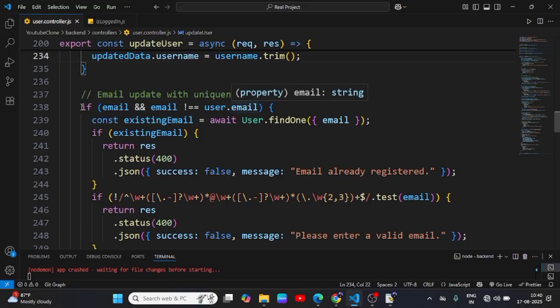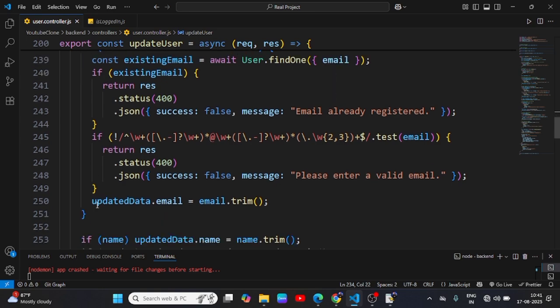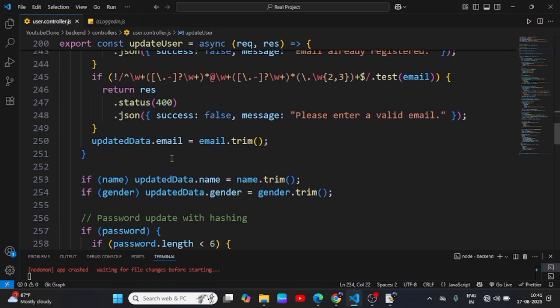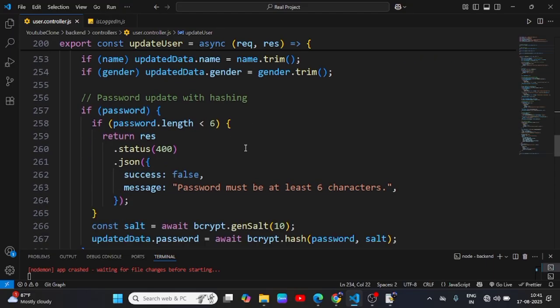That means true. Run this block of code. You're putting a new email. If it's matching, run this block of code. If it's not matching, then assign the update. Same things for update email and gender. And then for password, also the same. This password comes from